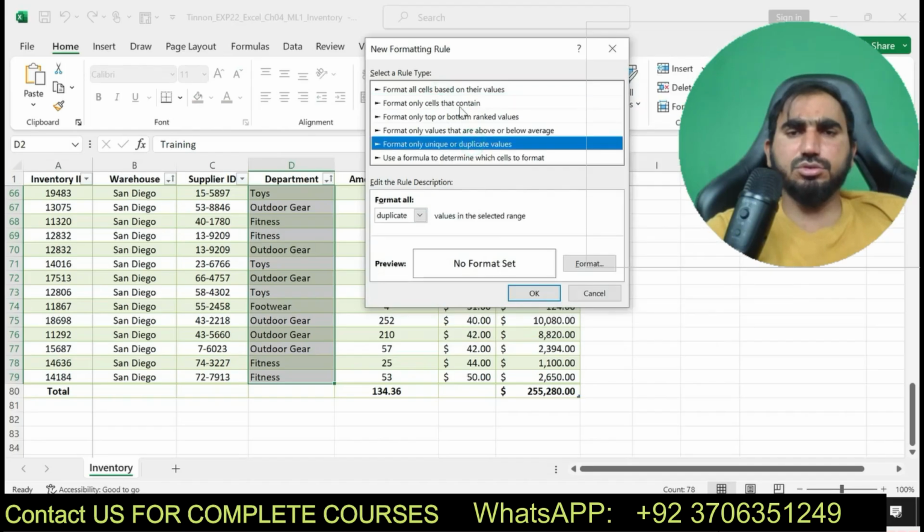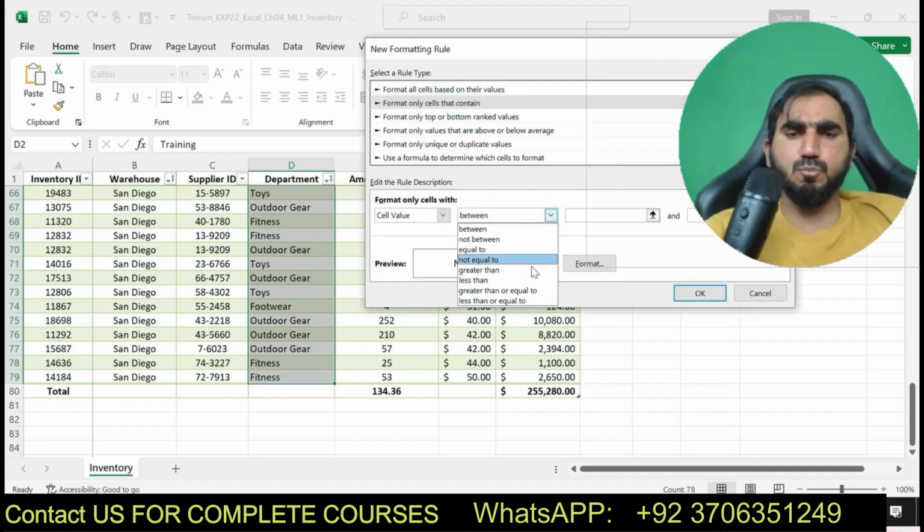Now you can see here I am going to solve this one according to the instruction of step number 10.